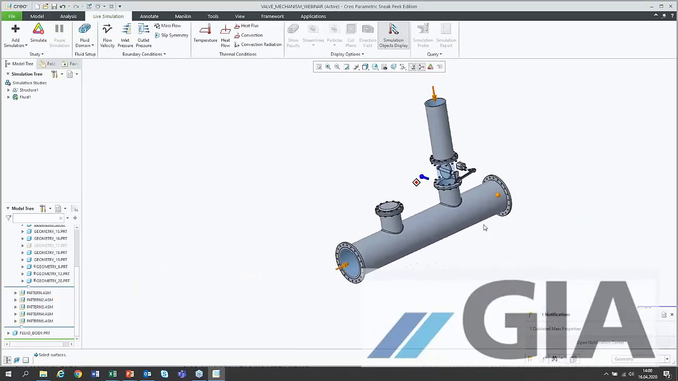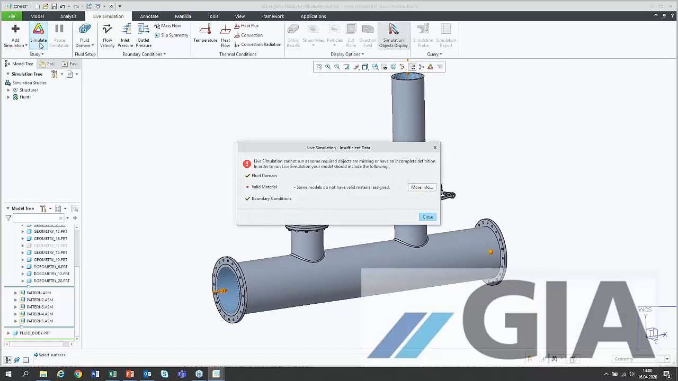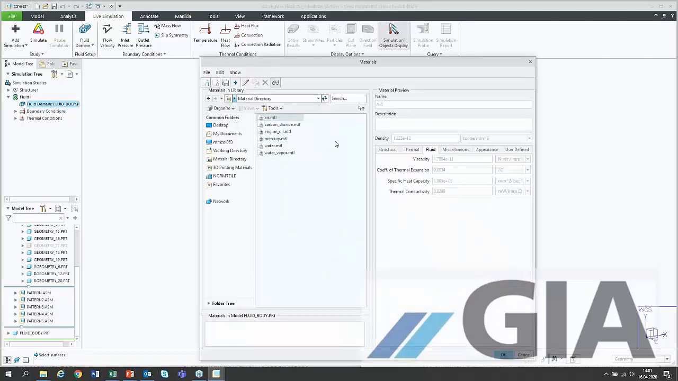That's all I have to do, and I can just start the simulation here. No, I can't start it, because Simulation Live is supporting me and tells me there is no valid material. Okay, I forgot to define the material for my fluid body. Therefore, I'm editing the materials, and I can see my new material library, and I'm bringing in water